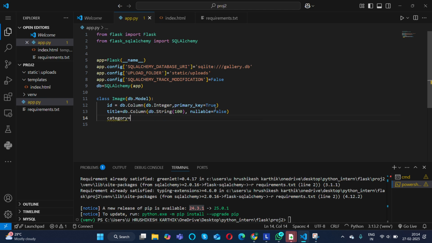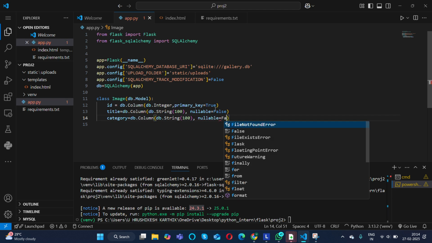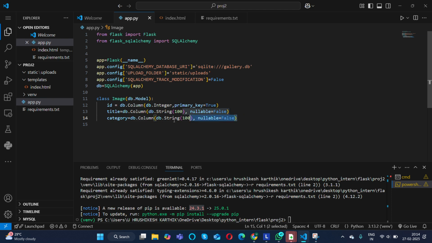Category, db dot column. Save, and nullable equal to false. So I'll have another one, which is file name.